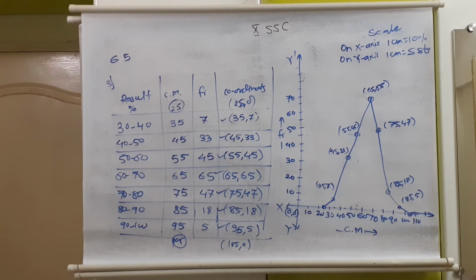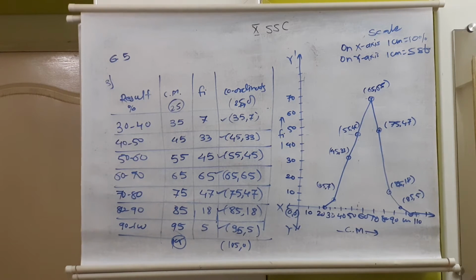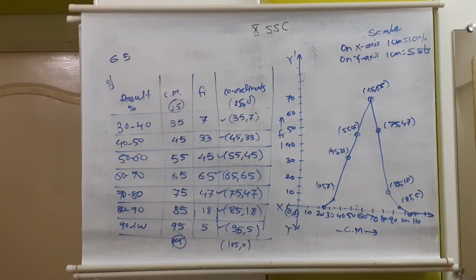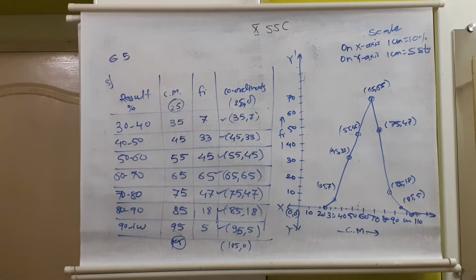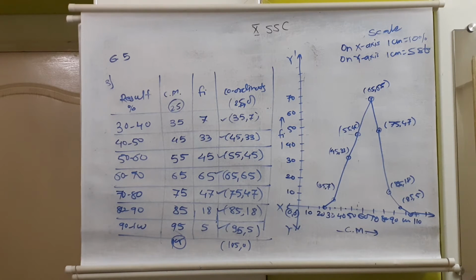If it were with the help of a histogram, first we need to have the histogram, then join the midpoints of the tips of the histogram. We need to consider the class before the first class and the class after the last class to close the graph. So this was frequency polygon without using histogram, 6.5, question number 3. Let us continue with the remaining part of this lesson.